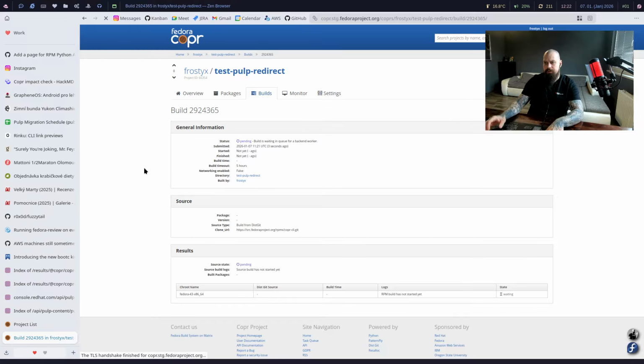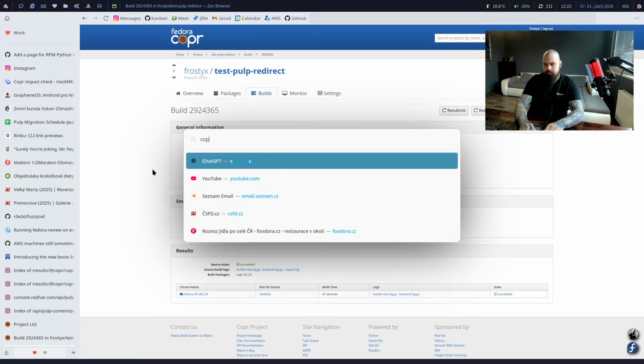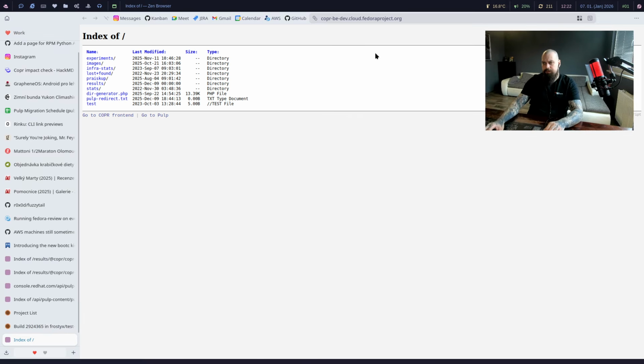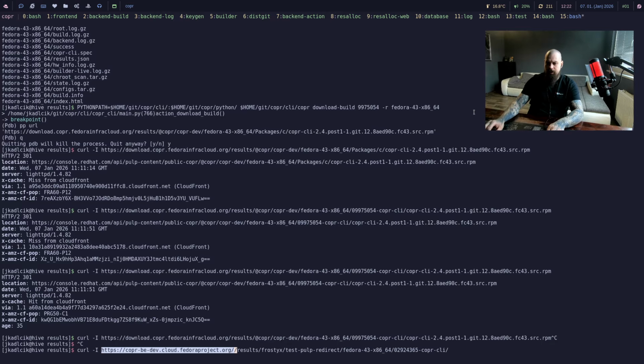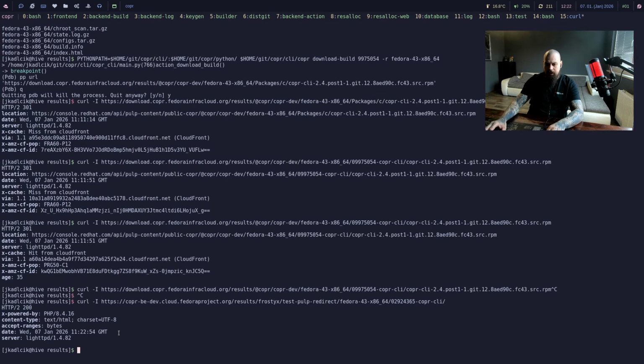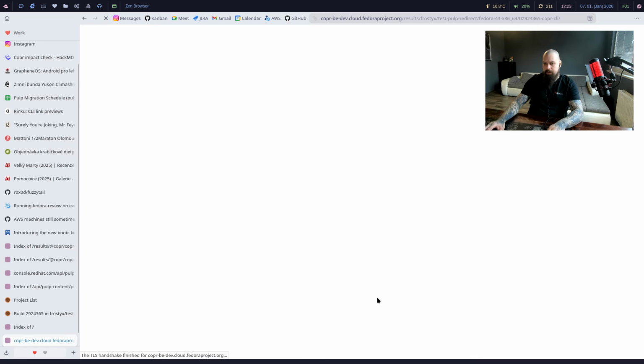We will need to use either staging CDN or, better yet, not a CDN at all, so that nothing is cached and it's easier to test. So copper B dev, this is the backend host name without CDN, so we will try that one. Okay, this works. So this is a functioning URL,